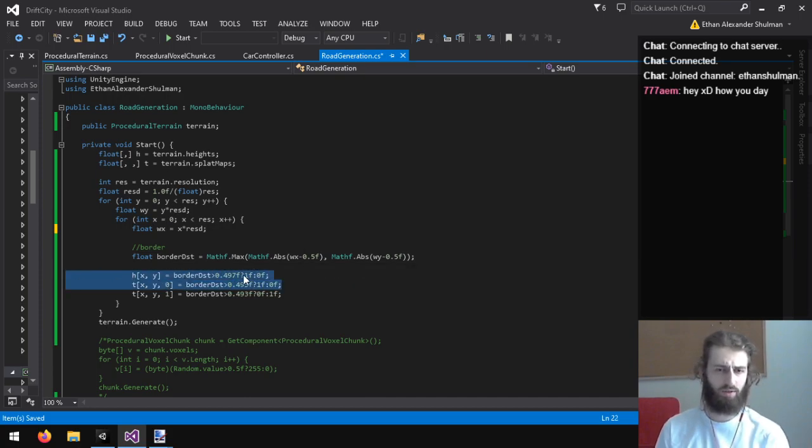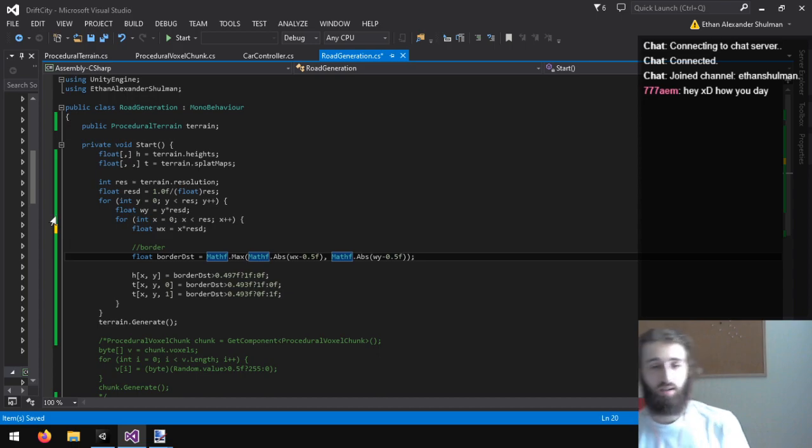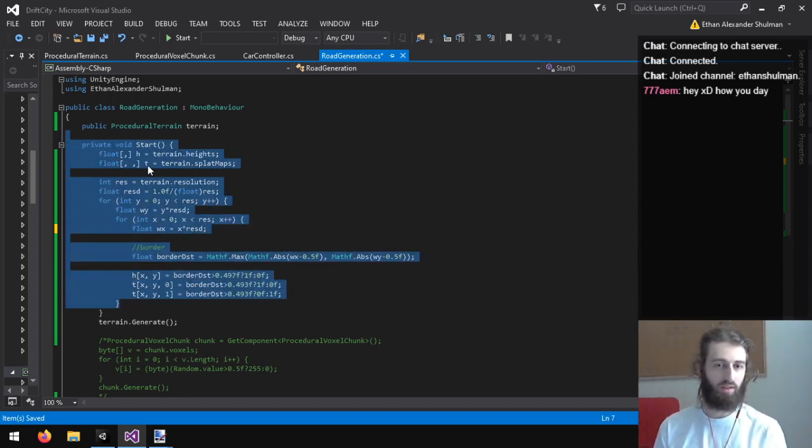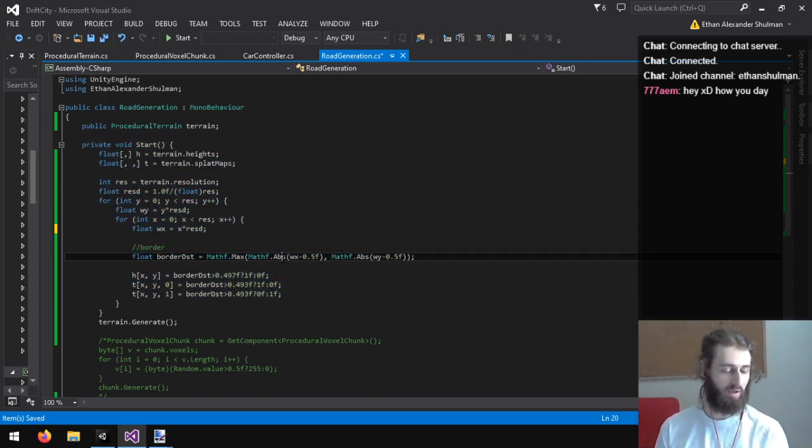I'm just thinking if there's a better way of doing this. First of all, I feel like calling this right on start might not be the best idea, because it'll lag for the first frame. And I feel like there should be a better way to mix these together.